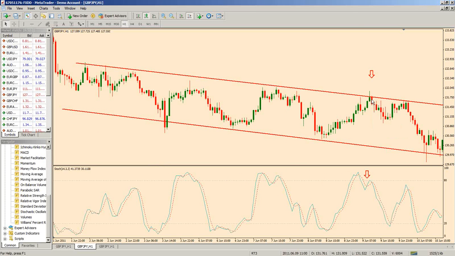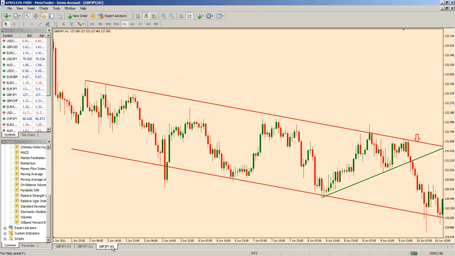warning. Now, this warning here is, it's not a great shooting star, but it's sort of a smaller lower body, longer upper wick, not the best one. However, this occurs right at resistance, right at downtrend resistance, okay? And then we've got the oscillator move down, cross below overbought, and then once that happens, you look for a trigger to get in,